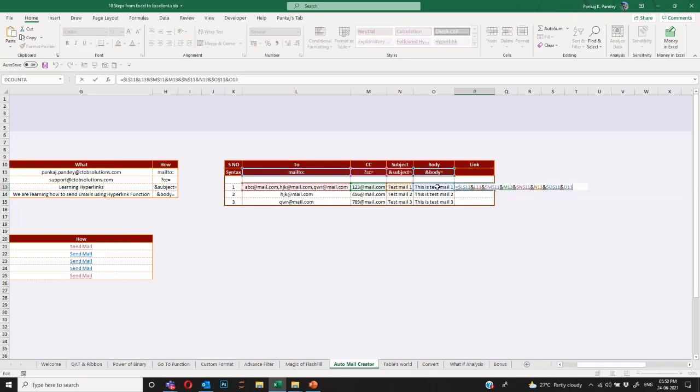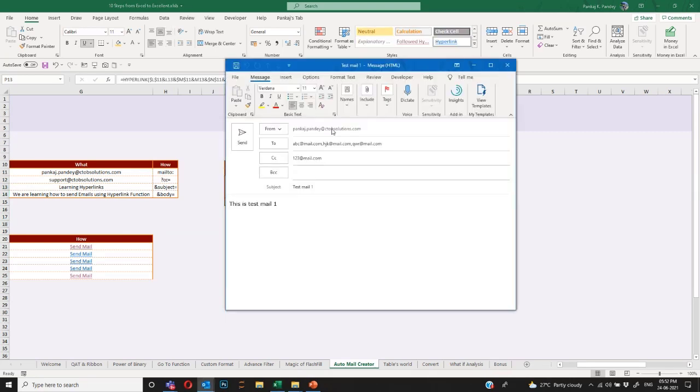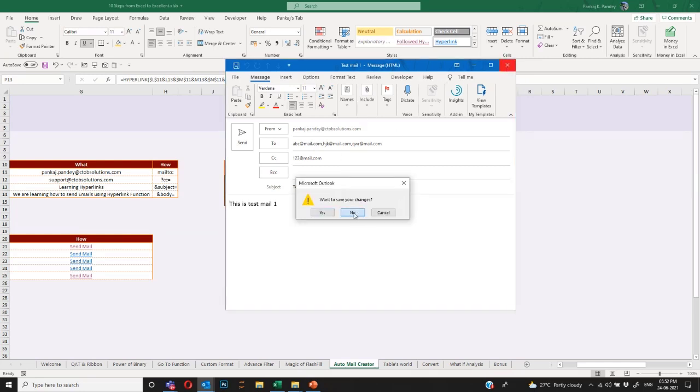All I have to do is put this string inside HYPERLINK. So I will just go HYPERLINK and give a friendly name, Send Email, and I can simply drag down the formula now, and in one go when I click on this, my mails are drafted. All I have to do is attach the attachment.